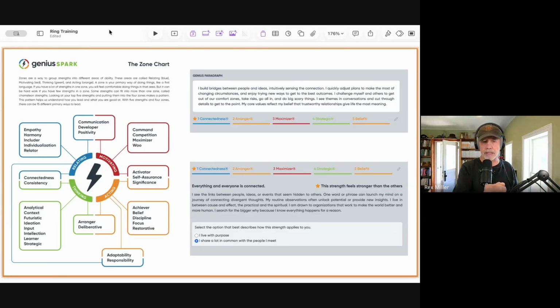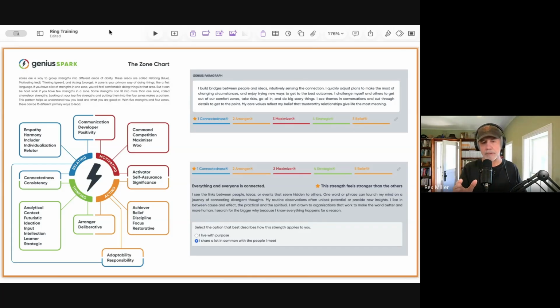Developer on the Gallup side is in the blue. It's in the relating zone because on the outside, it looks like someone is like a coach or a mentor type. So they put that in the relational side. It's like the neighborhood mom everybody likes to go to, or the teacher everybody wants to have. Core Clarity puts it in the motivating side because the thing that activates it is seeing potential, and then how do we bring that out of somebody?